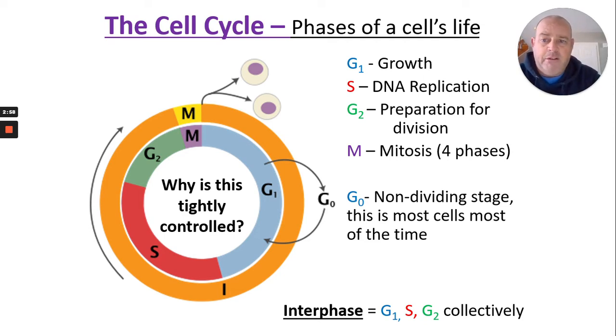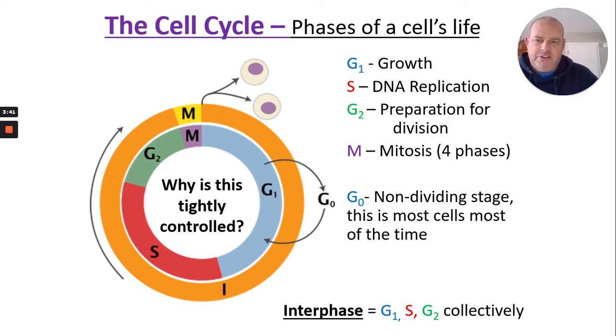And then in G2, you're preparing for that division. And then that M stands for mitosis. And there's actually four phases within that M that you might remember, and we'll get to in a second. But there's lots happening within that M. And then we have something called G0, which you probably didn't talk about a lot in regular bio. And it's a non-dividing stage. And this is most cells most of the time after they get to their post-adult years, kind of retirement. G0 is kind of retirement for a cell. They live out their lives doing that. There's a name for this as well, which we'll get to in another set of notes.